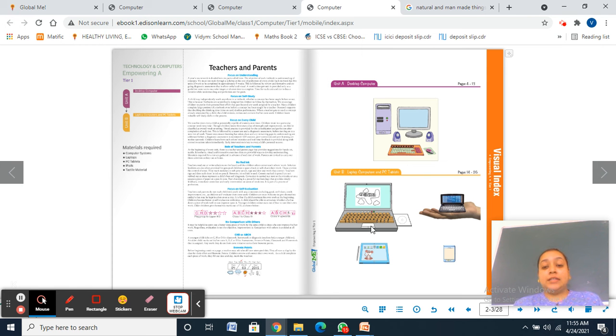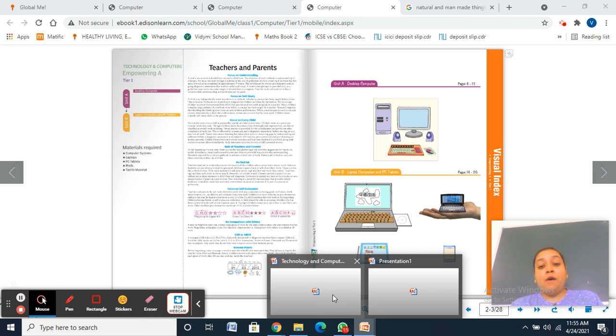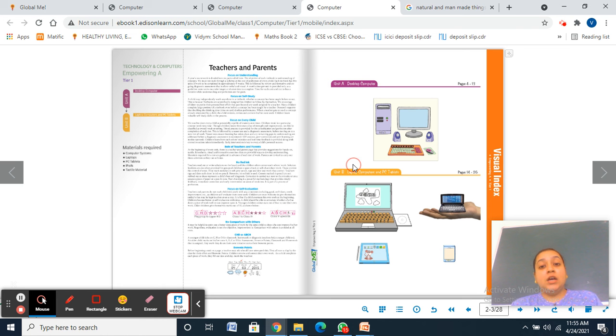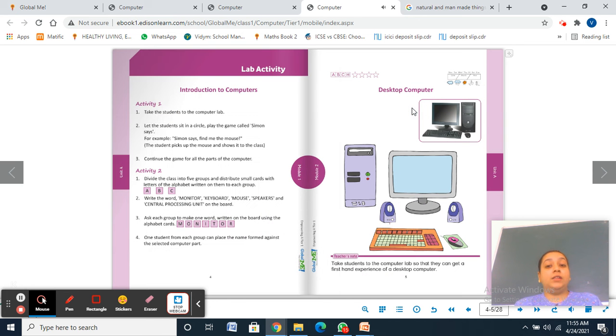In the last class I discussed the main components of a computer. Those components are of a desktop computer, in which all the parts are different: the monitor, then CPU, then speakers, then keyboard, and then mouse.